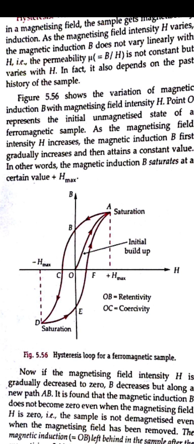What does it mean? That some magnetism is still there in the sample of that ferromagnetic material. So to get to zero, we apply the external magnetic field, decreased, but in the reverse direction. This external force, which forcefully brings the magnetizing value to zero, is called the coercive force, and then it starts decreasing. The point where it decreases but not to zero is the coercivity, and that residual magnetism is there in the AB curve.